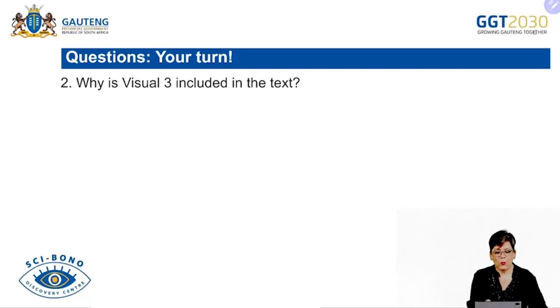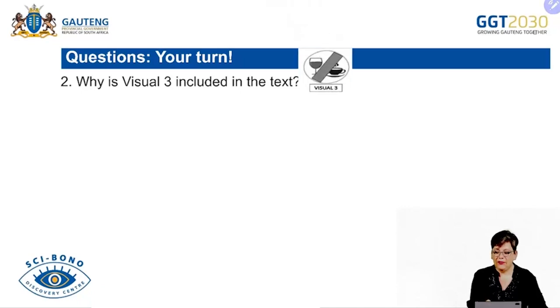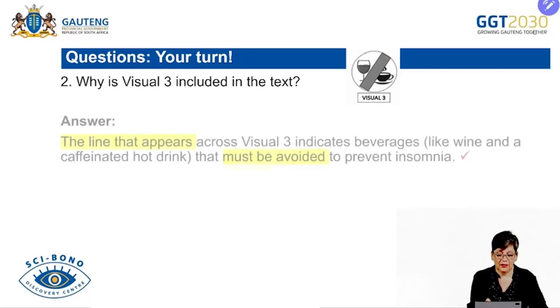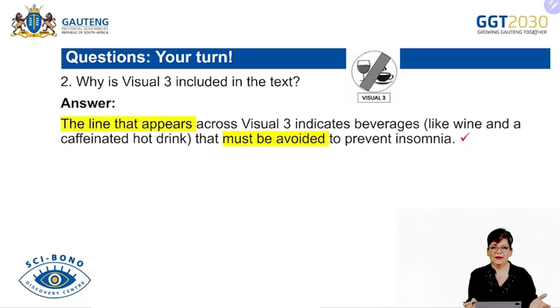The question is, why is visual 3 included in the text? Now, I've included it here for you. There's visual 3. You've got what looks like a glass of wine, what looks like a cup of something, and there's a line drawn through it. So now that's obviously important. So why is it included? Aha. Can you see what we're doing here? It says the line